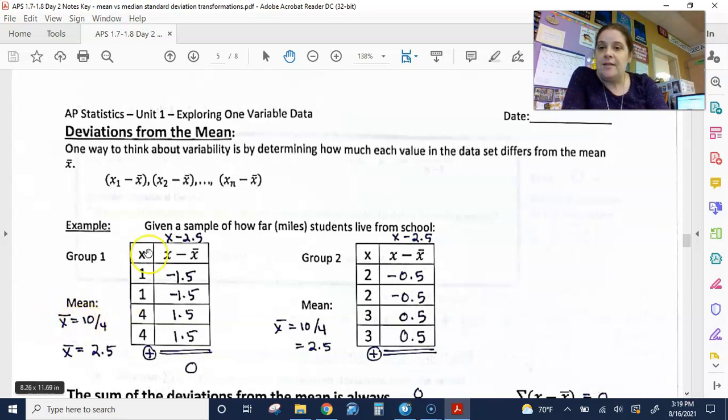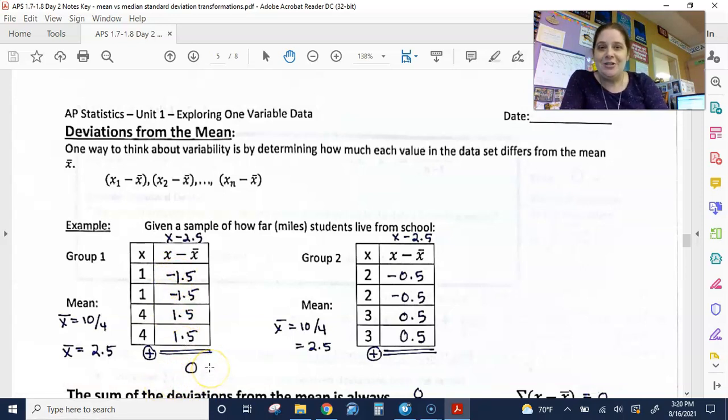So I could go here and say, I've got these 4 values, 1, 1, 4, and 4. The average value is 2.5. So if I took each of these, 1 minus 2.5, 1 minus 2.5, 4 minus 2.5, 4 minus 2.5, I could get the literal differences from the mean. And so if I wanted to know on average, how different are these values from the mean? Well, normally when we take an average, we add them up and we divide by how many there are. So if I go and I divide and see how many there are,